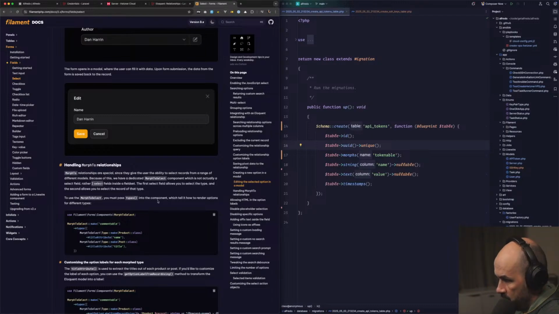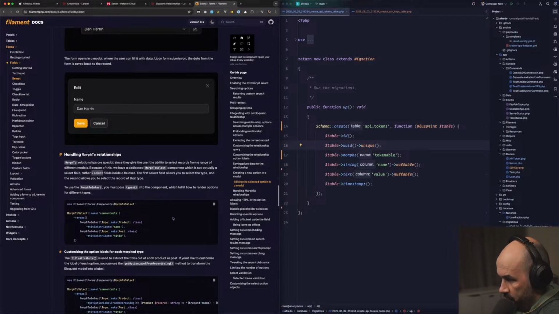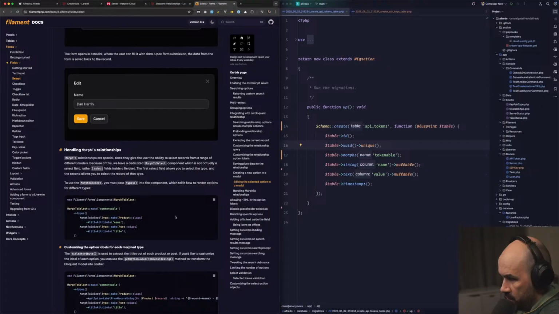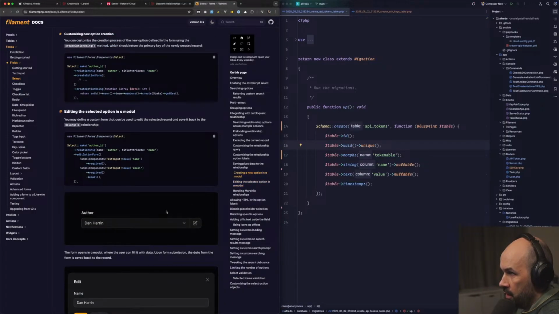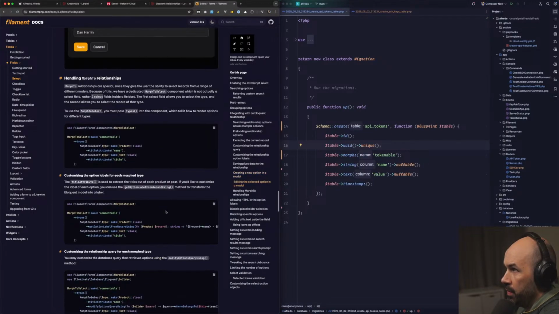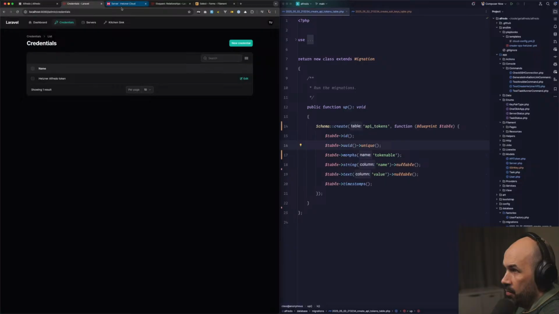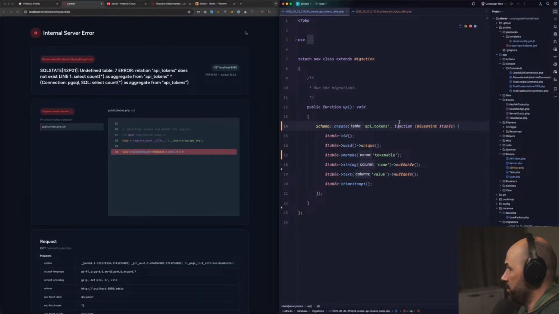Commentable. Morph to select. Yeah, I think that's, don't want to foresee it everything, so. Okay, API tokens does not exist. Yeah, right. So,